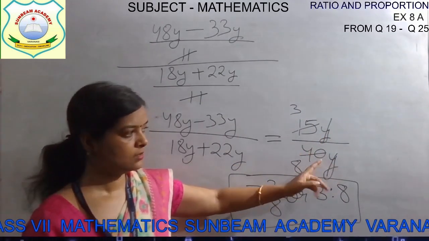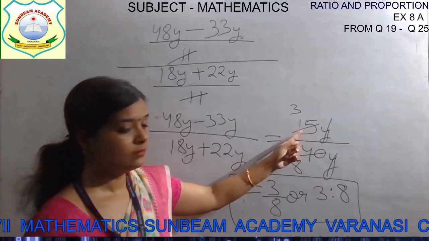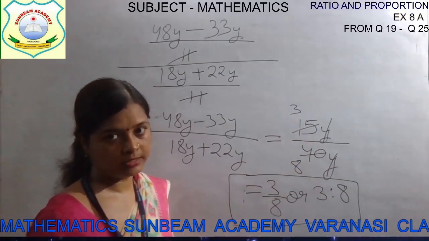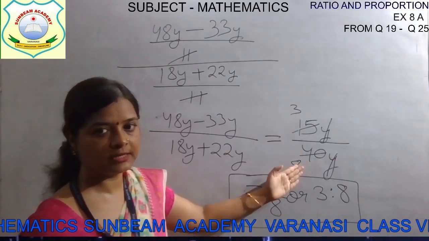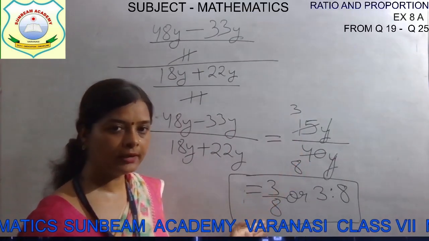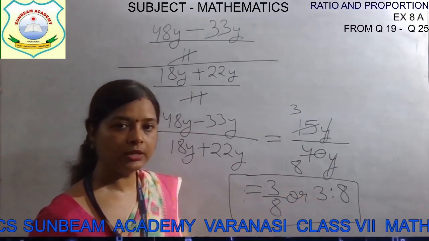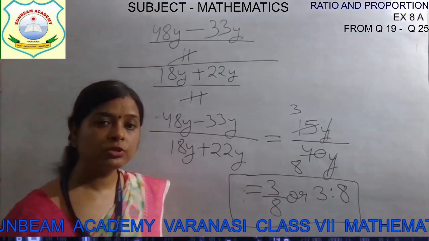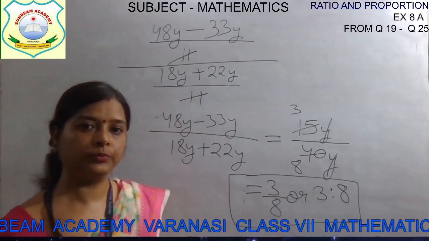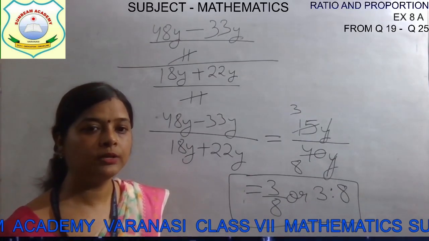Yes, you can erase. I will show you how in exponents also. And then try to solve 15 by 40. When you solve 15 by 40, 5 3s are 15 and 5 8s are 40. So 3 by 8, or since this is the ratio chapter, write it in ratio form, 3:8. This is the solution of which question? Question number 22. Now children, our next question is question number 24.